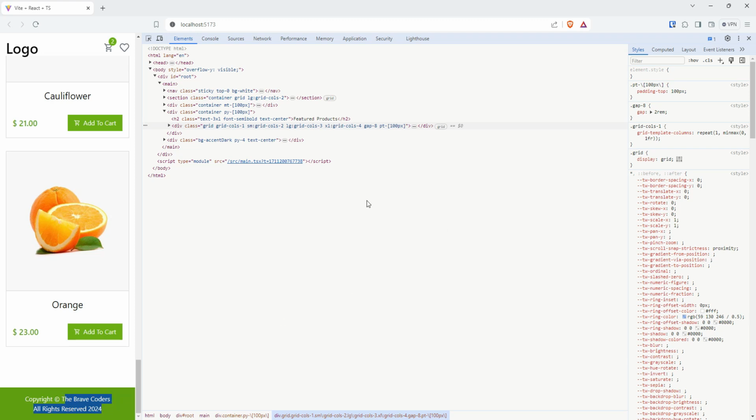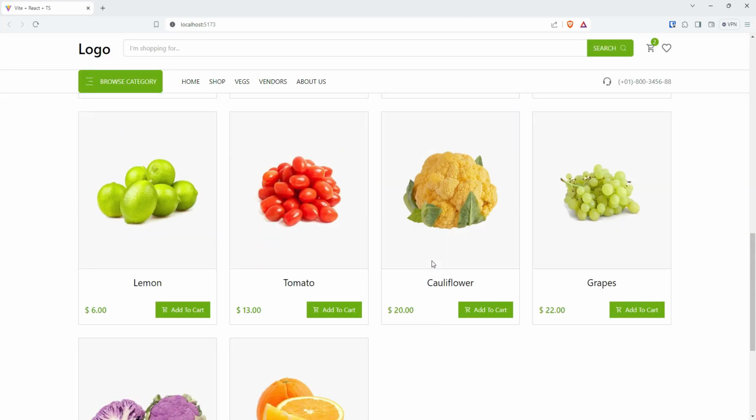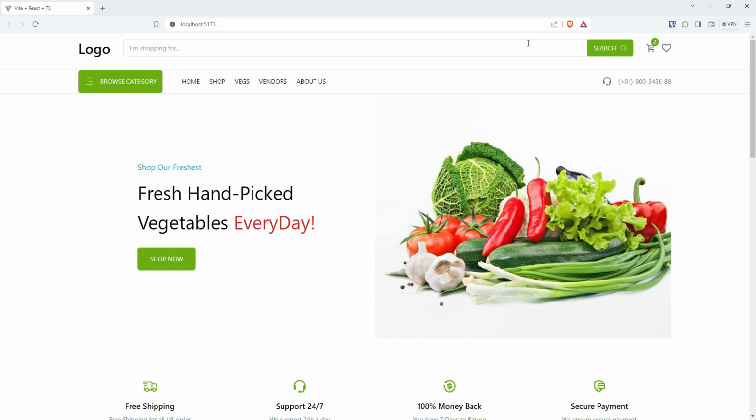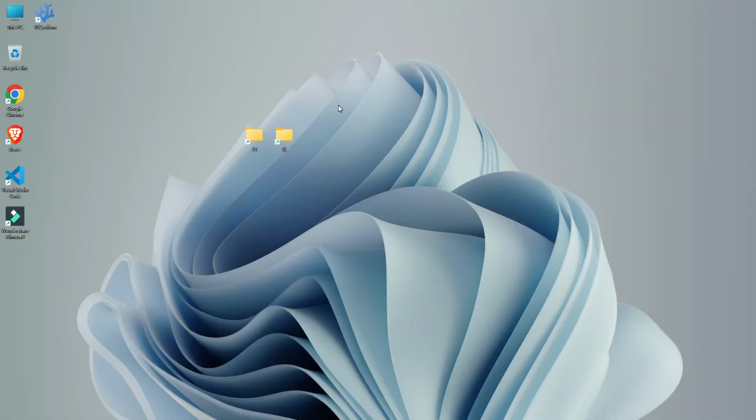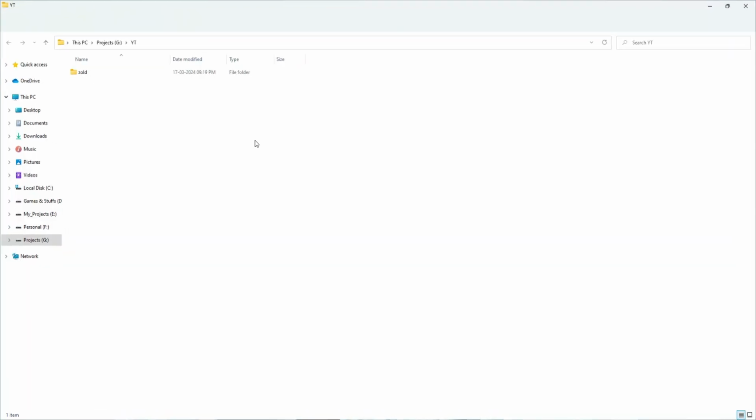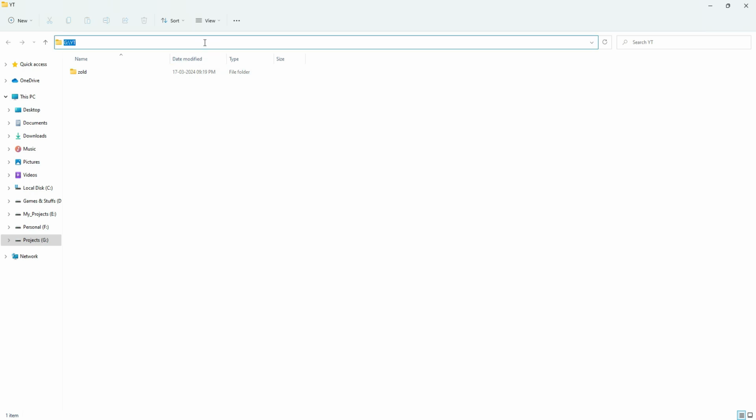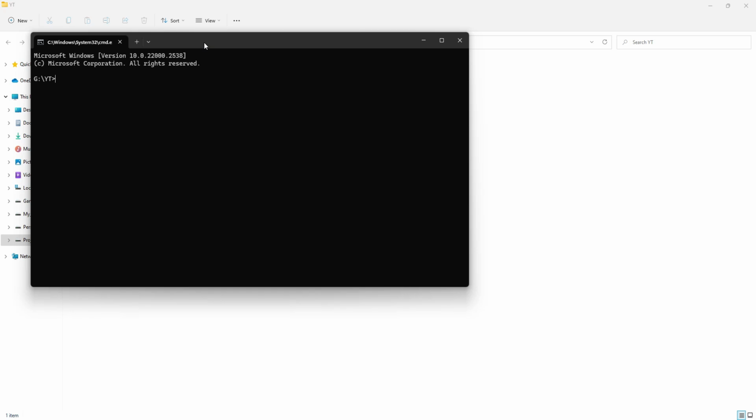So let's get started. I'll be keeping this site as a reference so that I can show you guys what we are building in what time frame. I'll just go to my folder. You can open any folder you like, and then click on the address bar and type cmd. Once the cmd is here, we can type npm create